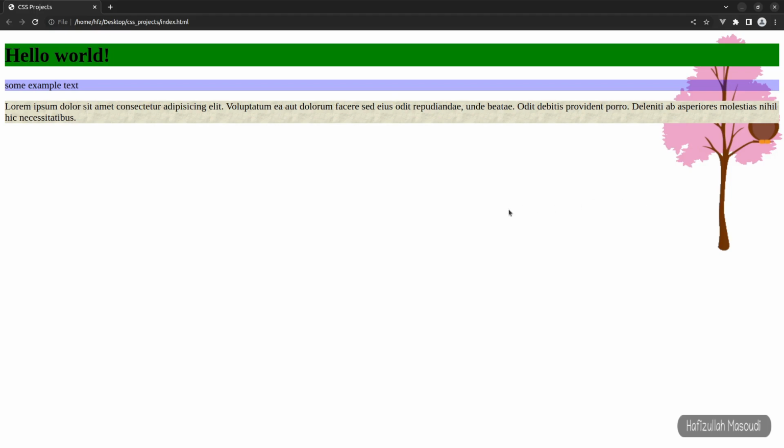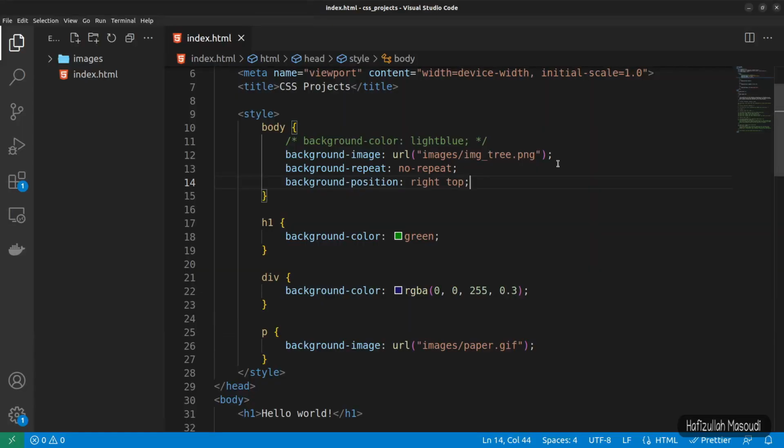And next up what we have is the background attachment. So the attachment property specifies whether the background image should scroll or be fixed, which will not scroll with the rest of the page. To show you this one, what we can do is get back to our Visual Studio Code, and